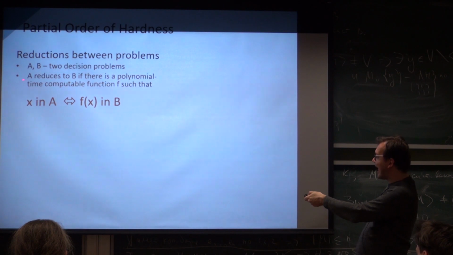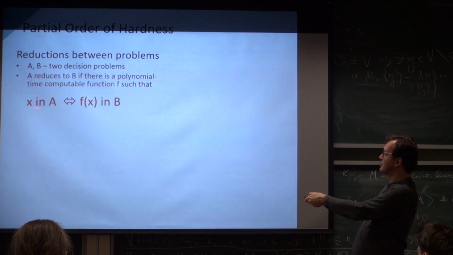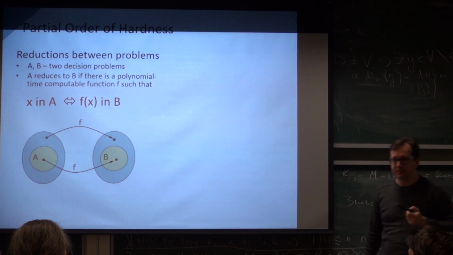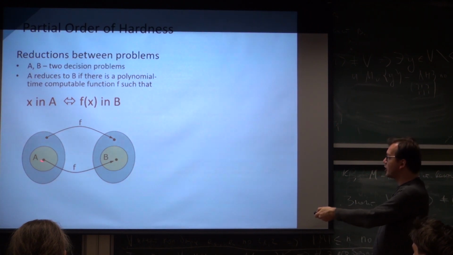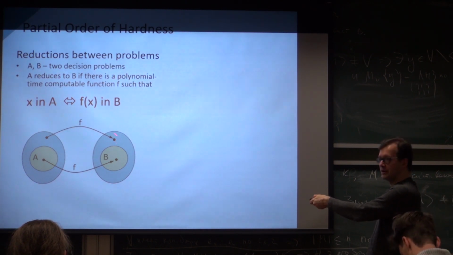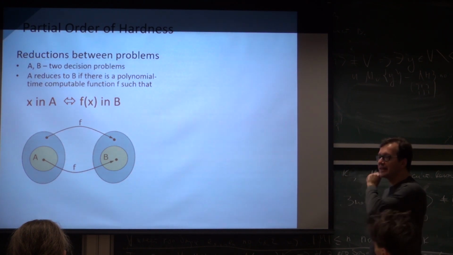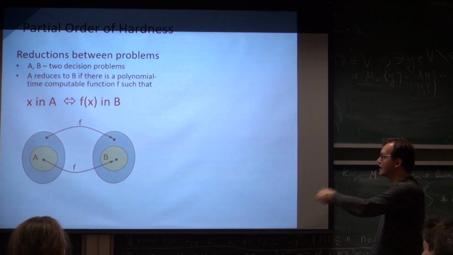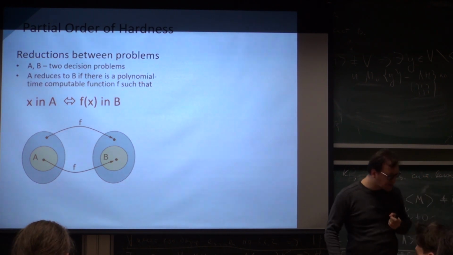Okay, and we're saying A reduces to B if there's a polynomial time function f such that this happens. And this is very nice, but a picture is even nicer. So here we have problems with answer yes from problem A. So instances with answer yes. Here we have instances with answer no. And a reduction translates an input from one type of the problem to the other, such that it maintains the answer. So if the answer was no, the answer has to be no. If the answer is yes, the answer still stays yes. So the way I teach it in my complexity class,